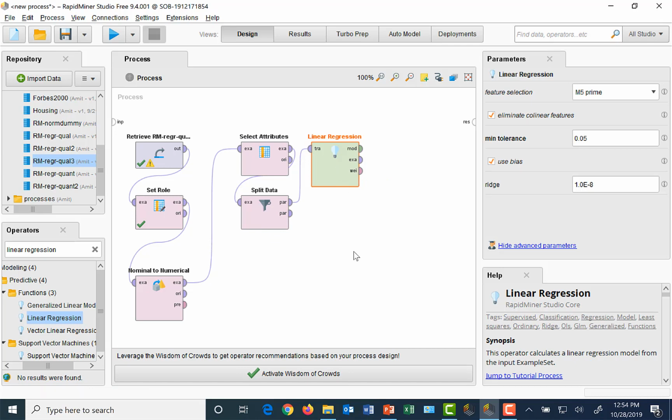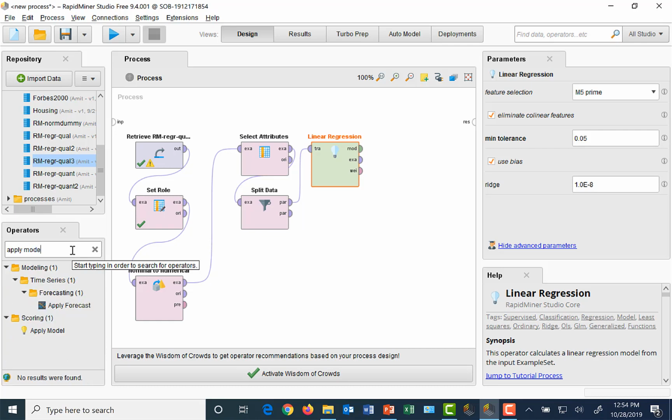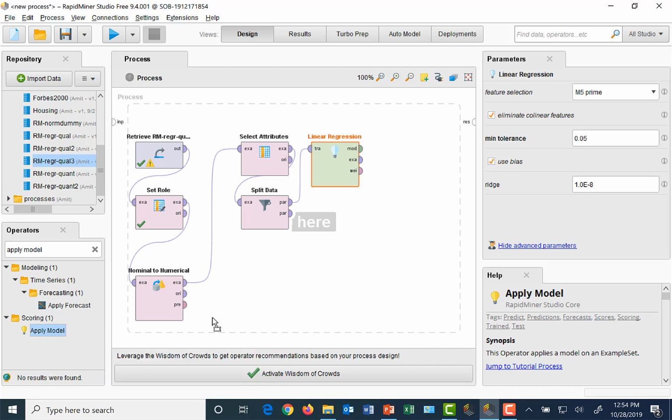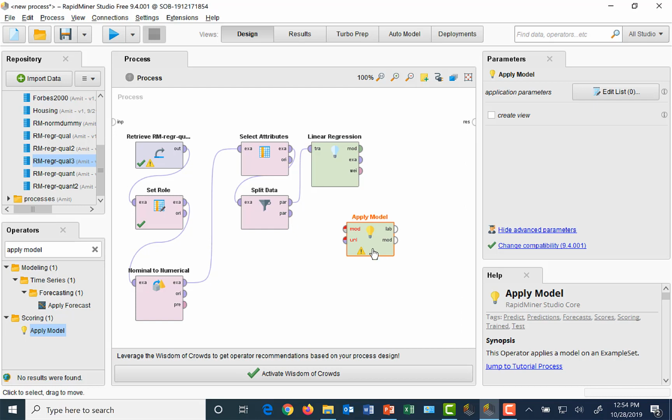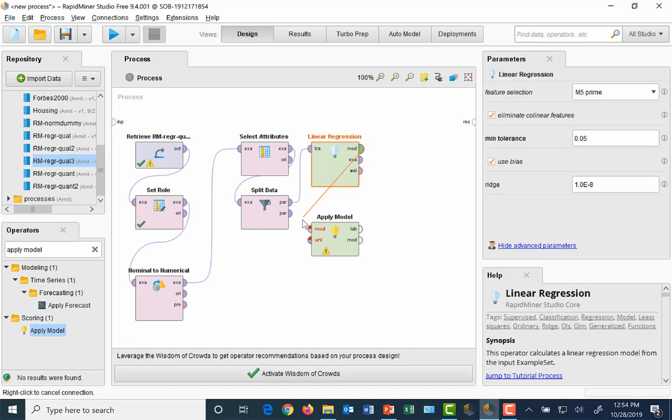Now that I have trained my linear regression model, I'm going to evaluate its performance by making some predictions and comparing them to actual data. To make my predictions, I use the apply model operator. Here's my apply model operator. I drag it into the process box. It needs 2 inputs. This step is exactly the same as what we did when the independent variables were quantitative. So I feed in the trained model,